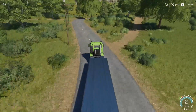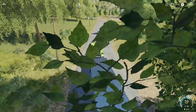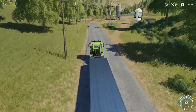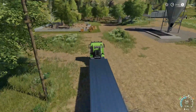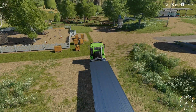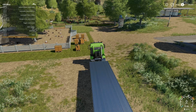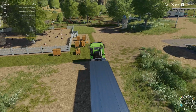Well, we're almost there anyway, so no sense in doing a skip. But this episode is pretty much just on selling things. Obviously I'm going to have some pallets that are not going to load. I'll do that off screen. Autoloader, select pallets, work mode on. So it should grab,